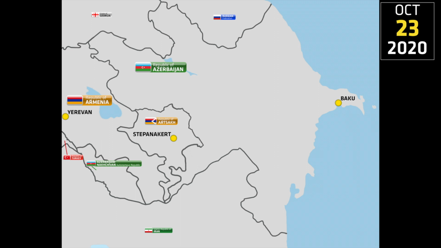The Azeris also created a third prong in their advance to the north as they attempted to spread their forces out over the entire southern basin between the mountains south of Stepanakert and the river Aras at the Iranian border. As the Azerbaijanis continued to fight towards a second point at the Armenian border near Kashunik, which would effectively cut off the entire southwestern swath of the Republic of Artsakh, Azeri attacks have also been launched not just on the